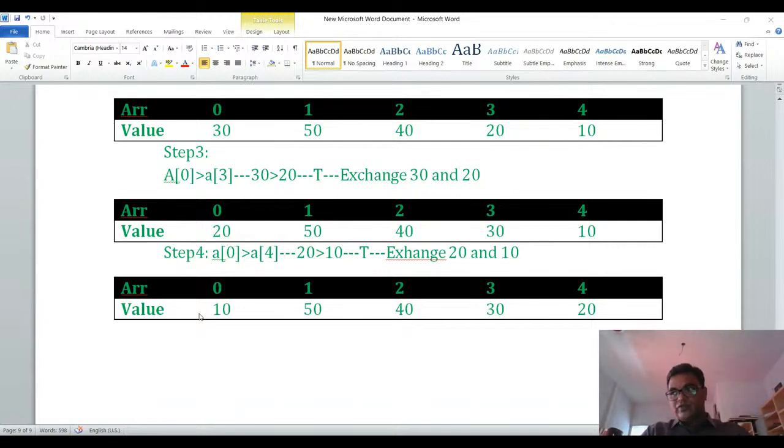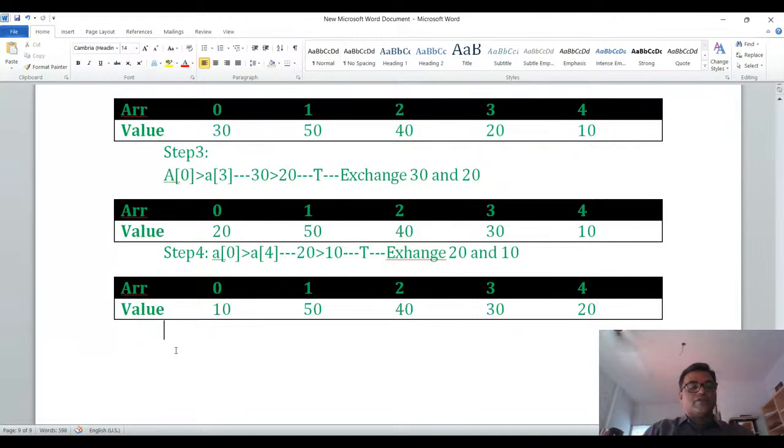In the first pass, 5 elements participated. In the second pass, 4 elements participated, leaving the first element. In the third pass, leave the first 2 elements, then the next 3 elements, and the fourth pass like this. In such a way, in each and every pass, one element escapes from the sorting because it is already in sorted order in the list. Then you will come to